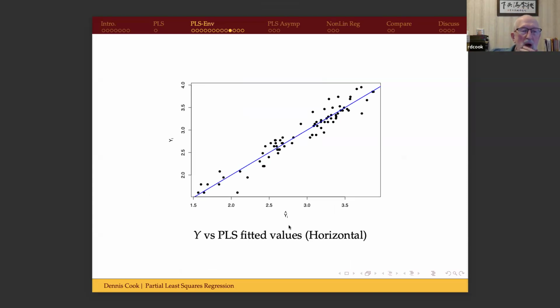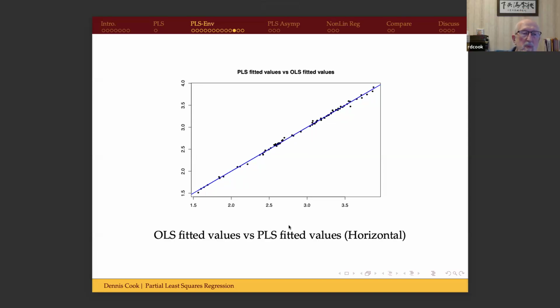There is a plot of Y versus the PLS fitted values. The plot is used as a diagnostic, just like you'd use a plot of Y versus OLS fitted values. And I don't see anything unusual there. It looks like a pretty good fit. Here is a plot of the OLS fitted values versus the PLS fitted values, virtually on a straight line. Now, the first reaction I had when I looked at that plot is, well, you don't need to use PLS in this model at all. You just go ahead and use OLS. But that was kind of a premature reaction, because PLS actually gives you a lot more information than OLS if you